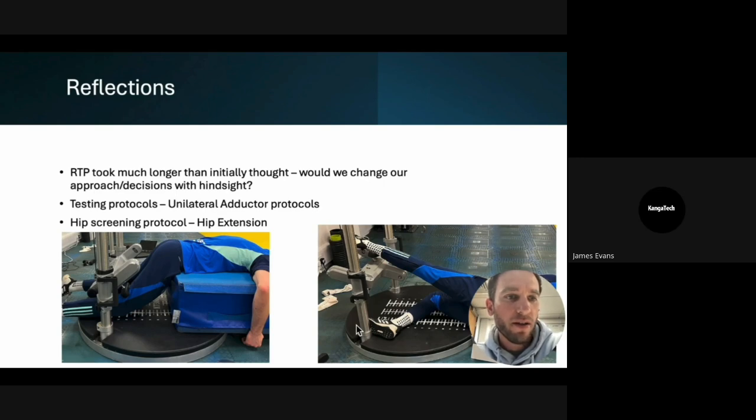And then looking at the hip screen and looking at the hip extension was a very interesting one. So typically we'd use the position with the hips in less flexion over the foam roller, and then extending. And this is what we used to find that we felt his hip extension wasn't quite where it should be. However, having a play around with some of the different positions, I've come to this position here on the left, where it's in approximately 45 degrees of flexion, supported on the box, and I found that he was able to produce much more force into hip extension in this position,